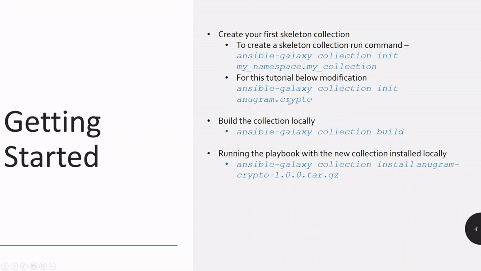Basically go into anagram slash crypto and run this command, ansible-galaxy collection build. What it will do is take your code, take everything, and build a tar.gz file, which you can then install locally, or which is the one we generally push to Ansible Galaxy as well. And then finally you can try out this collection by writing a playbook, and to run the playbook